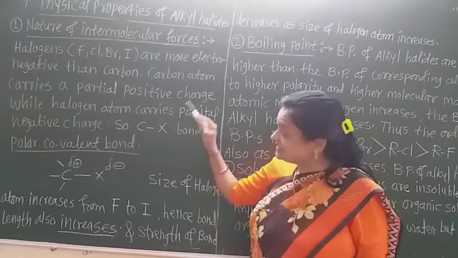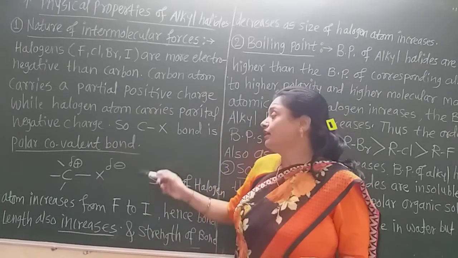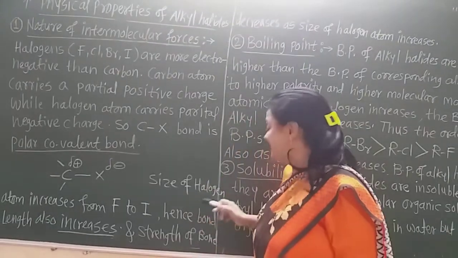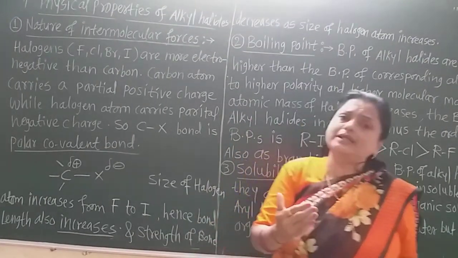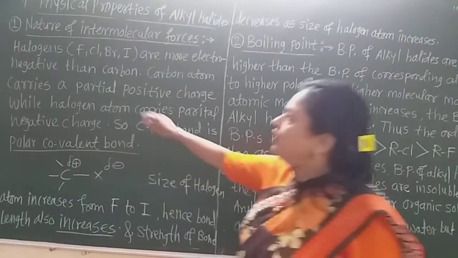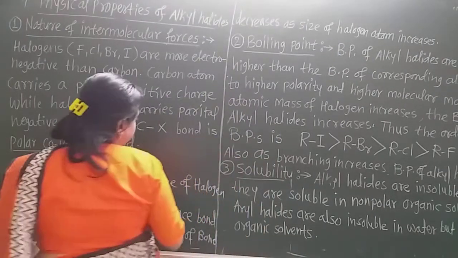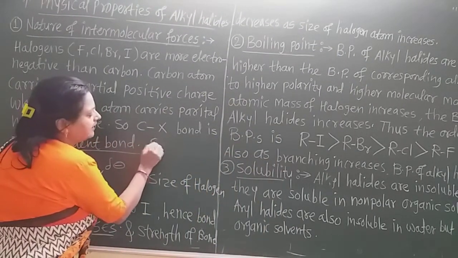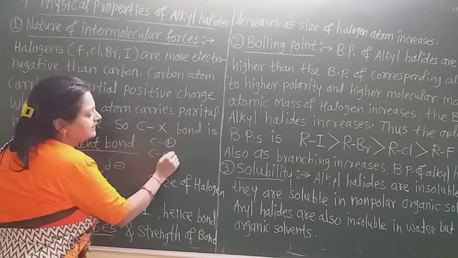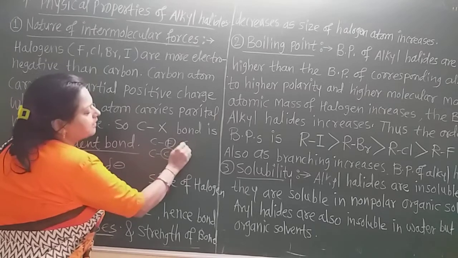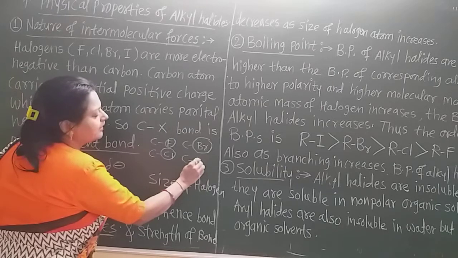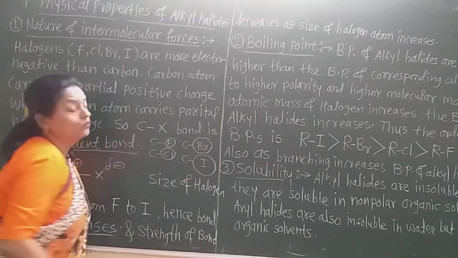Then you must give this description and draw such a bond, and that is the complete answer, or give the reason. Now here, the size of the halogen: as the size of the halogen increases, what happens? Suppose we know that fluorine has the least size. I draw here: this is the carbon and the fluorine. Now it has a small size. Again carbon and chlorine, somewhat more size. Carbon and bromine, it also has somewhat more size. And carbon and iodine, they have the largest size of the halogen.